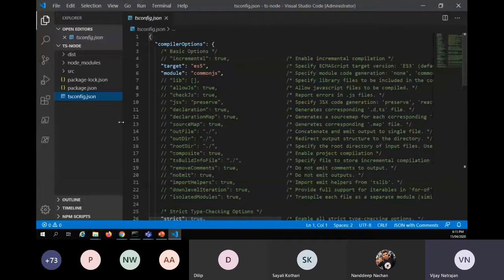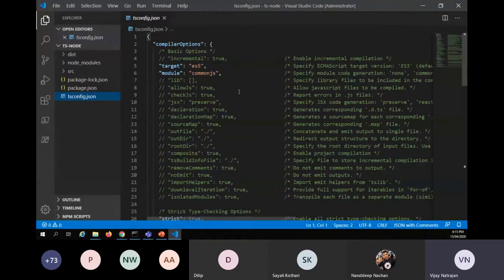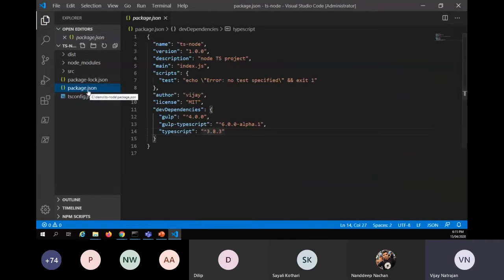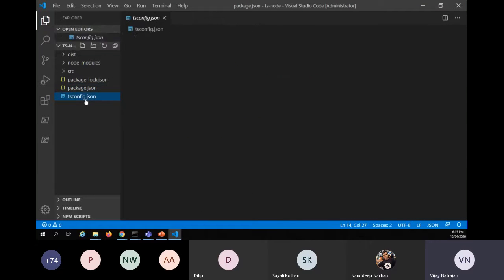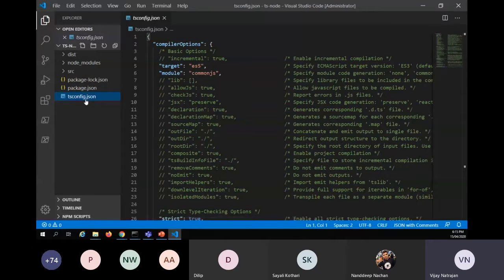Okay, so this TypeScript configuration file you will also find in your SPFx project. In your SPFx project, if you remember, you will see both the package.json and also the tsconfig.json. And in this tsconfig.json, we are saying target is ES5. That means the target version of JavaScript which will be generated after compiling your TypeScript files will be